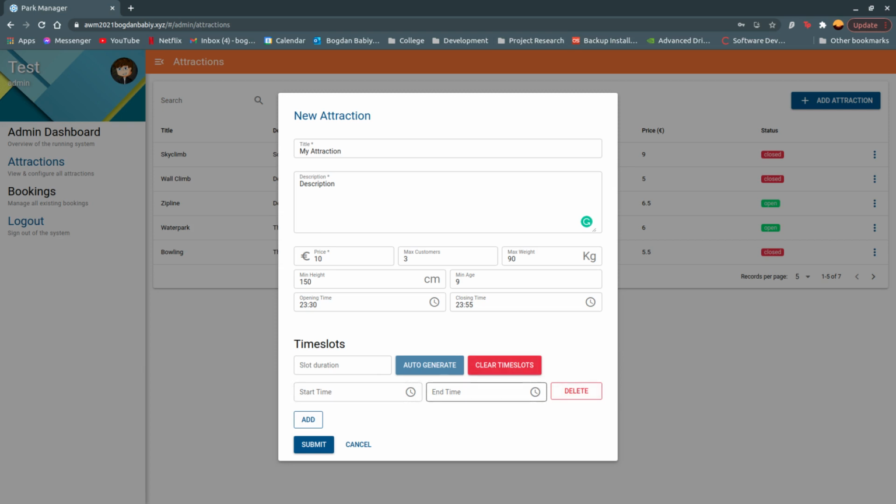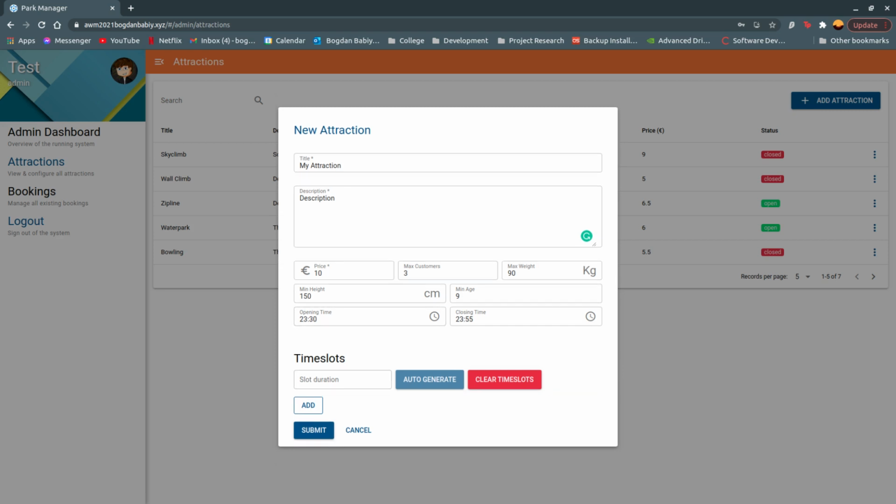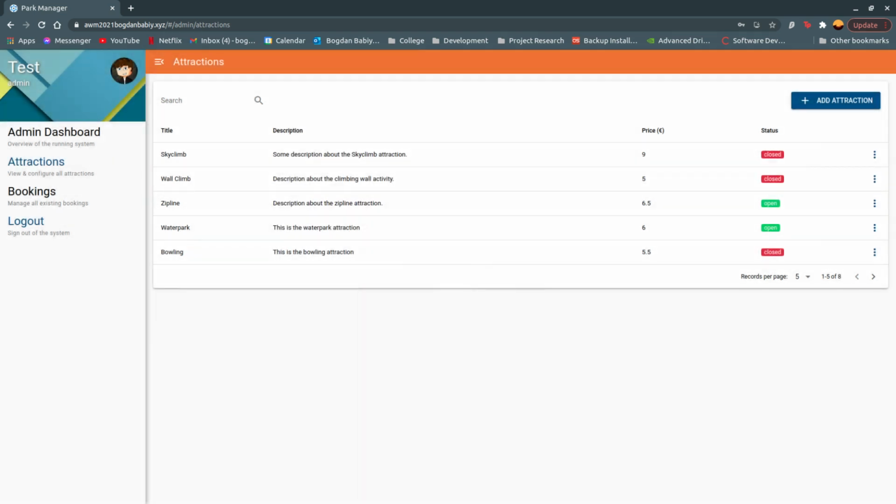It does seem tedious to add all these yourself sometimes. So what you can do is generate these automatically by specifying the time that you want each slot to take, and we're going to say 15 minutes for this. And we'll say 10 minutes actually. And this should create time slots of 10 minutes from the opening time to the closing time, and if we just submit here, oh,